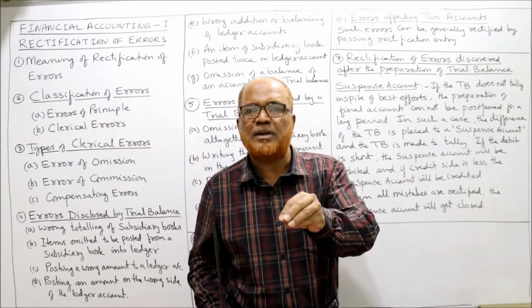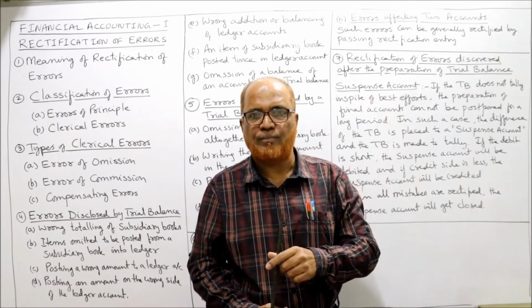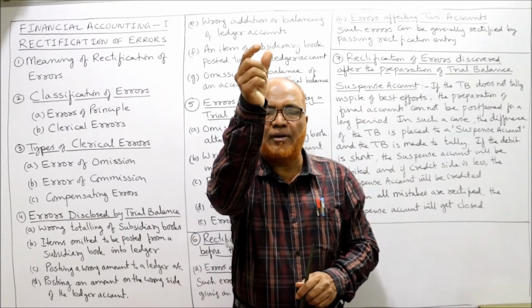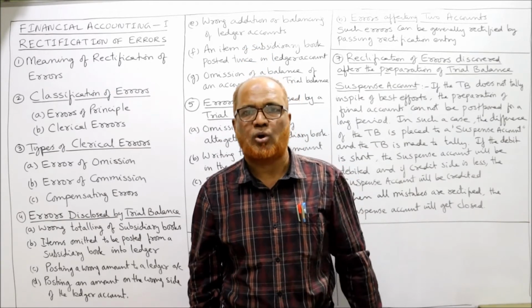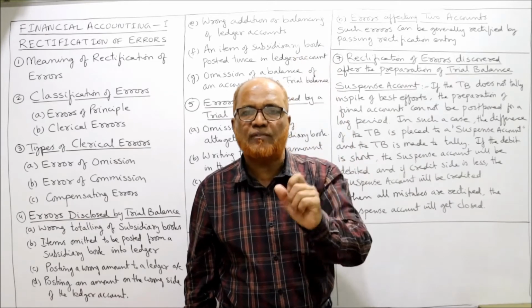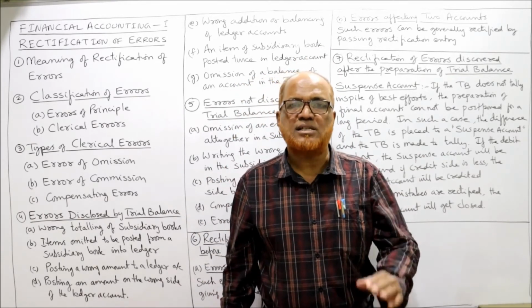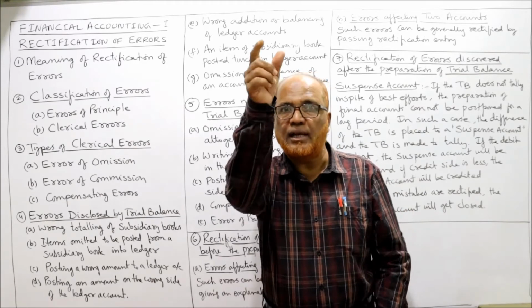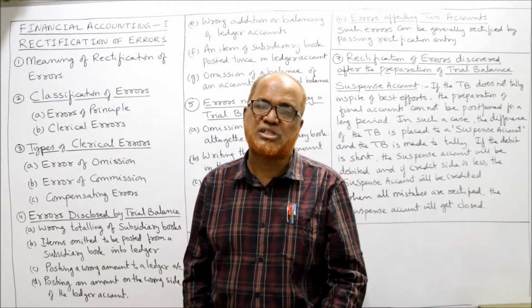So all the 5 purchases will be recorded in the purchase book. We'll take the amount also. By mistake, the accountant has committed a mistake in totaling the purchase book. While taking the total of the purchase book, instead of taking 5,000, he has taken 50,000. The totaling mistake he has done, 50,000 he has taken, 10 times extra by mistake.